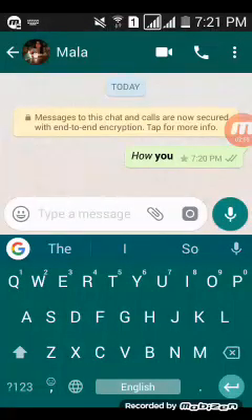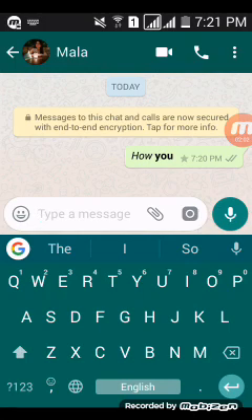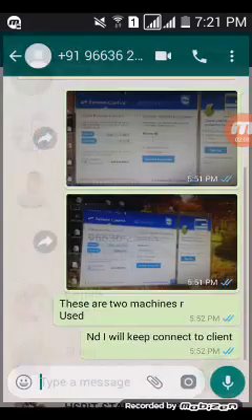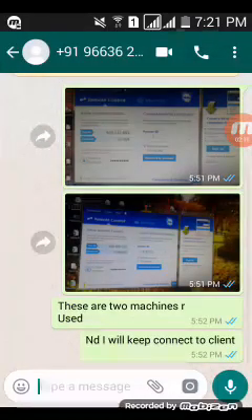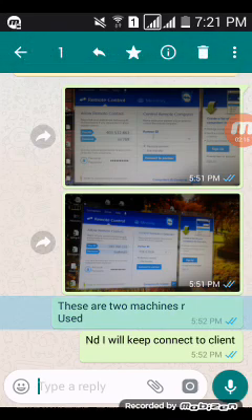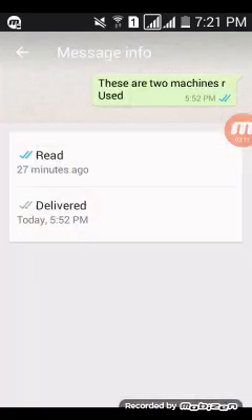So next thing I want to do is I want to see when the person has read my messages. सो कब मेरा मैसेजेस को उसने पढ़ लिया, उसके लिए क्या करेंगे, हम यहाँ पे जाके यहाँ पे सेलेक्ट करेंगे। उसके बाद यहाँ पे ए सिंबल है ना, आई, दैट सिंबल को प्रेस करेंगे। सो व्हेन आई प्रेस ऑन दैट सिंबल आई कैन सी व्हेन द पर्सन हैज़ रेड दिस मैसेज, what time he has read, and everything will be available here.